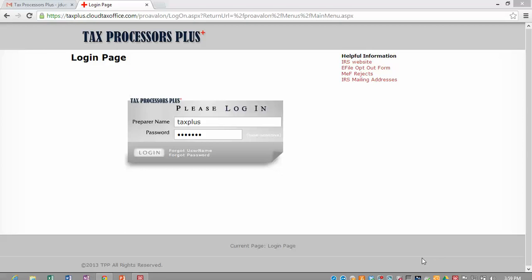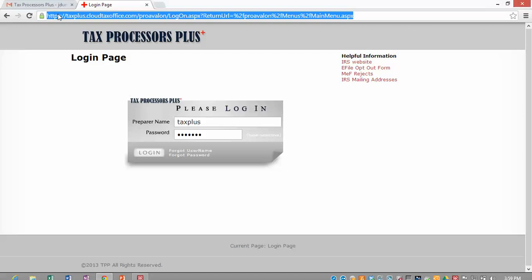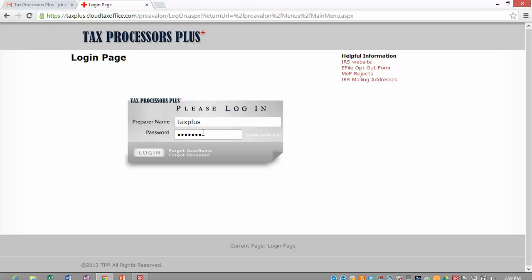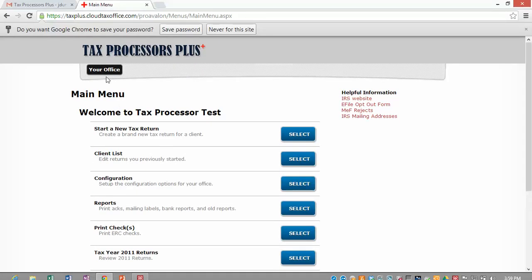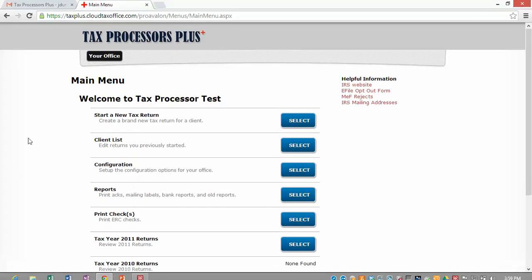So I've created a demo login for you guys just to jump in and play with. Again, you can see up top the URL to access the website is taxplus.cloudtaxoffice.com. The preparer name is Tax Plus, and the password is Tax Test. So I'm going to go ahead and log in here to my office, and this is what you're going to